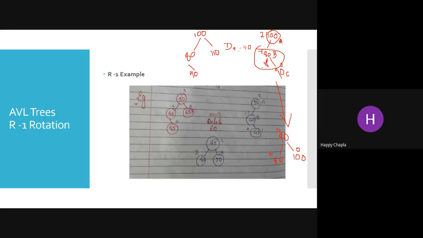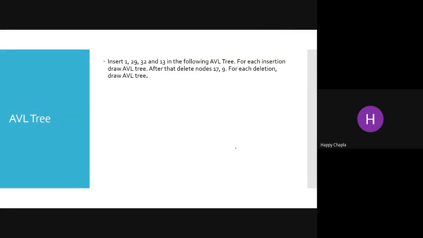So this one is my D node, this one is my A node, and this one is my C node. Okay. Yes, 90 would be the root node, 80 is on the left of that node, and 100 is the right hand side of your root. Yes, this is the infix, Krish. 80, 90, and 100. Clear? Okay.